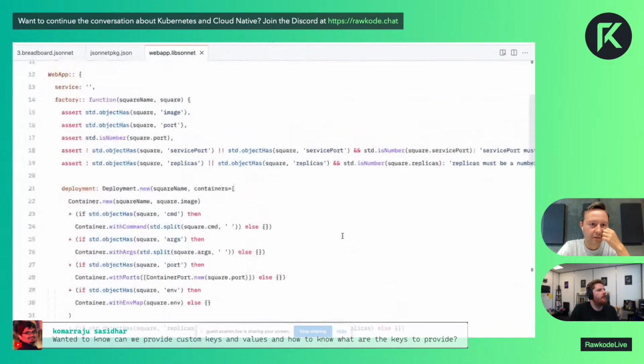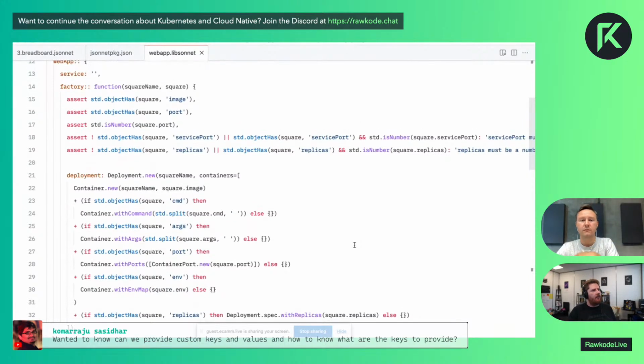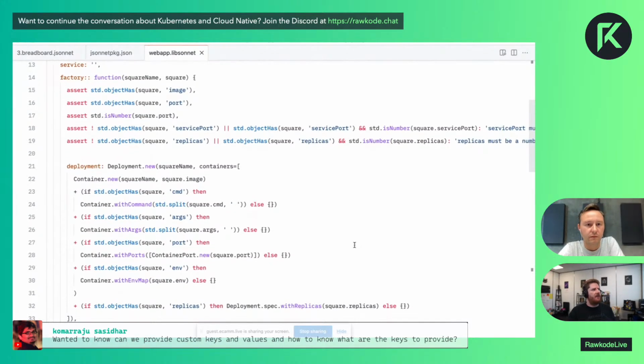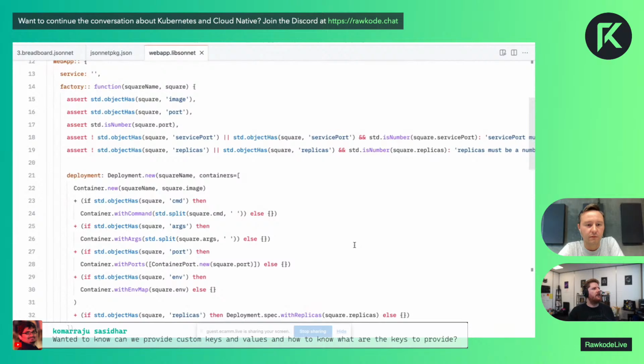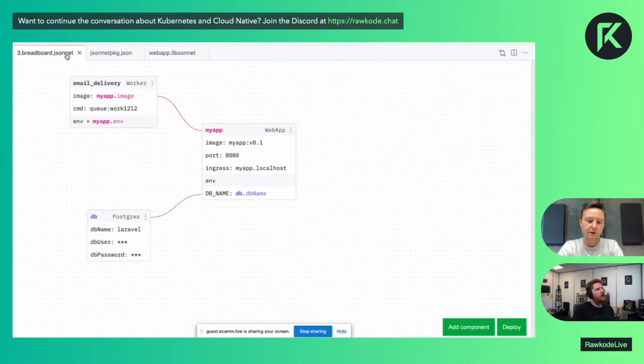For example, this is for the web app. Yeah, what if we wanted to, maybe it's already done, but what about requests for CPU and memory? Is that part of your spec? Well, right now, it is not. I still have that on my list. Right now, you either have to create your own function, or since this is just JSONet, you can